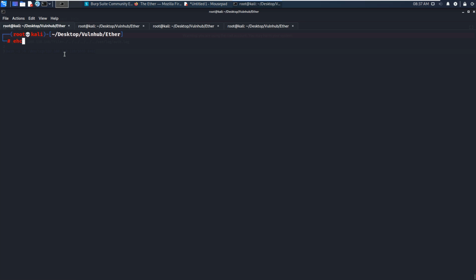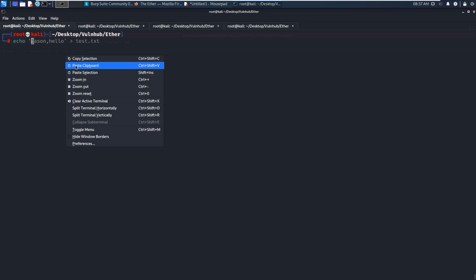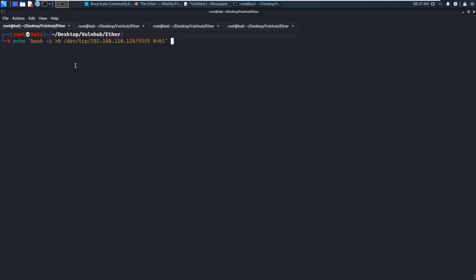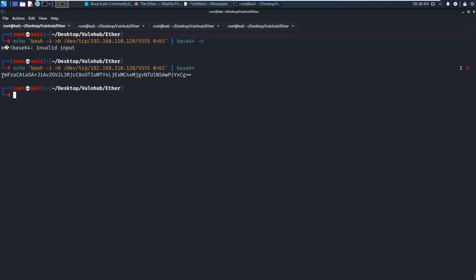So we can echo, and then pipe to base64, decode. Sorry, no, decode. As you can see, we got the encoded result, and then we can copy,